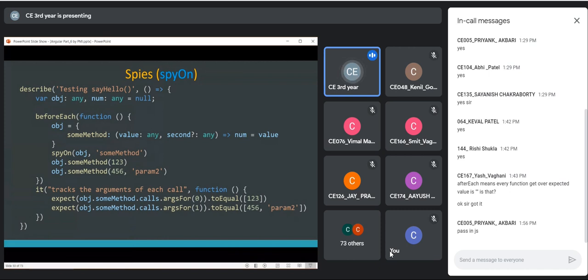We can make use of it to check whether the method was called or not, how many times, whether it was called with specific parameters, and we can be even more specific: the first time which were the parameters, the second time which were the parameters, and so forth.